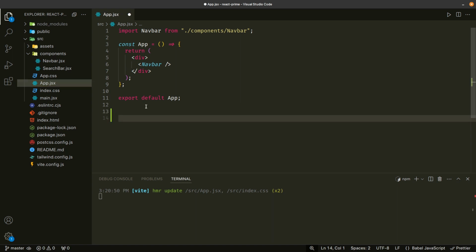So the first question that arises in our mind is, what are hooks? And believe me, hooks are very simple in React. Hooks are nothing but simple JavaScript functions. Let me write it over here. Hooks are just JavaScript functions. So if someone asks you what are hooks in React, just say hooks are nothing but simple JavaScript